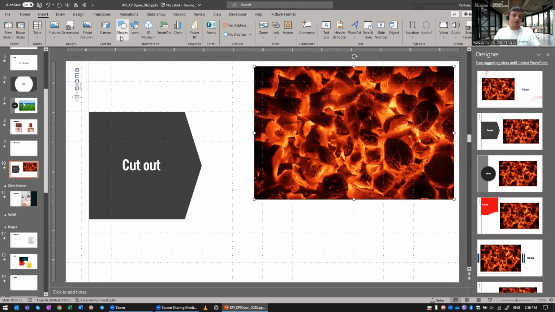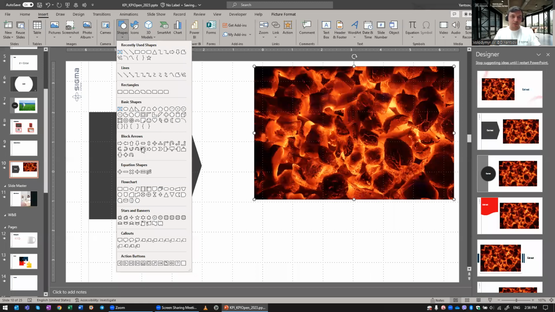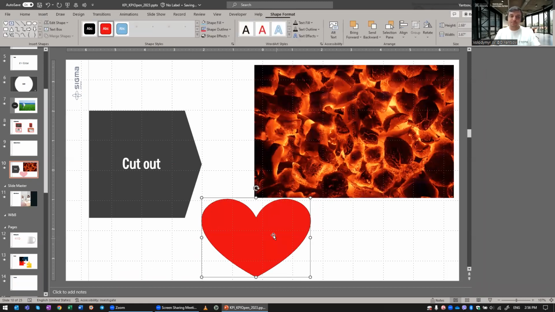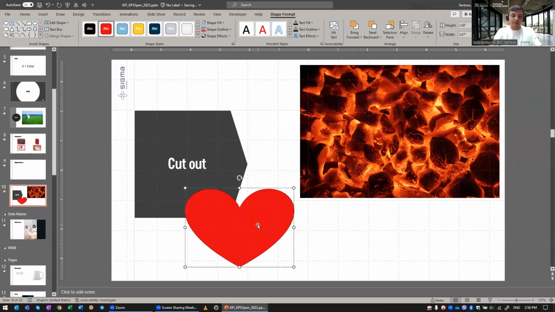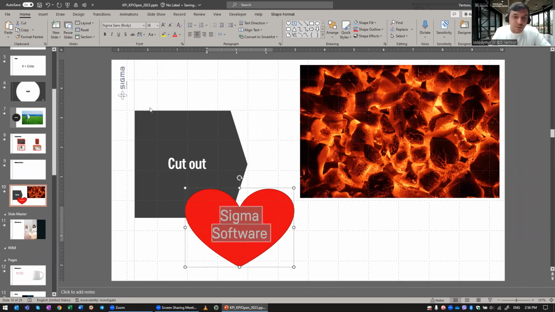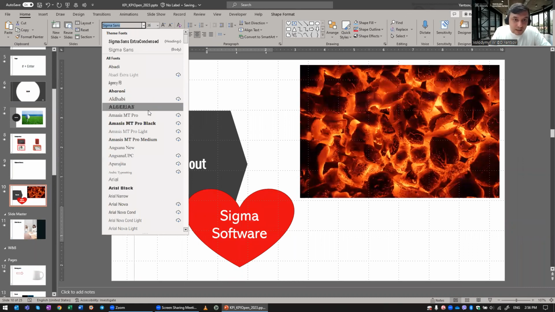Also, we can insert, for example, a heart here. And also we can add text here. Some small advertisement incorporated in the presentation, but nevertheless, let's use a bigger